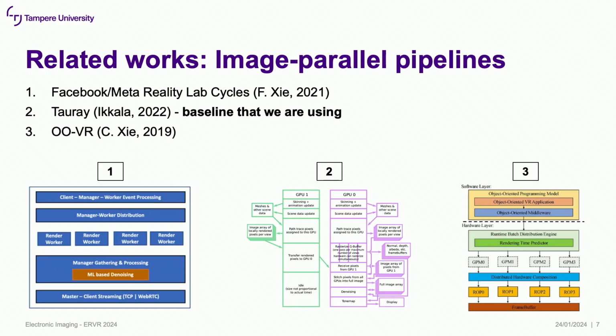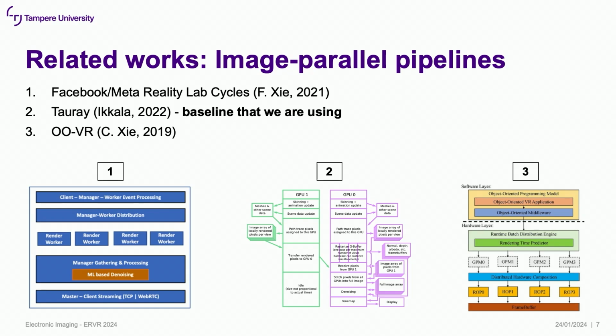Okay, now what about the related works? Here I just present 3 image parallel pipelines. There is the first pipeline, which is the Meta Reality Labs Cycles, then Taure, which will be our baseline in the experiments, and finally object-oriented VR. In the first pipeline, they do not consider spatial reprojection. Then in the second pipeline, they consider spatial reprojection, which is interesting in our case. So that's why this is our